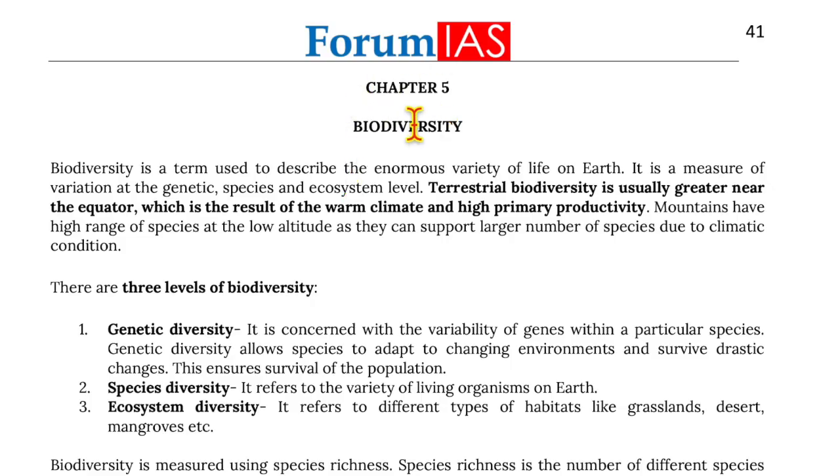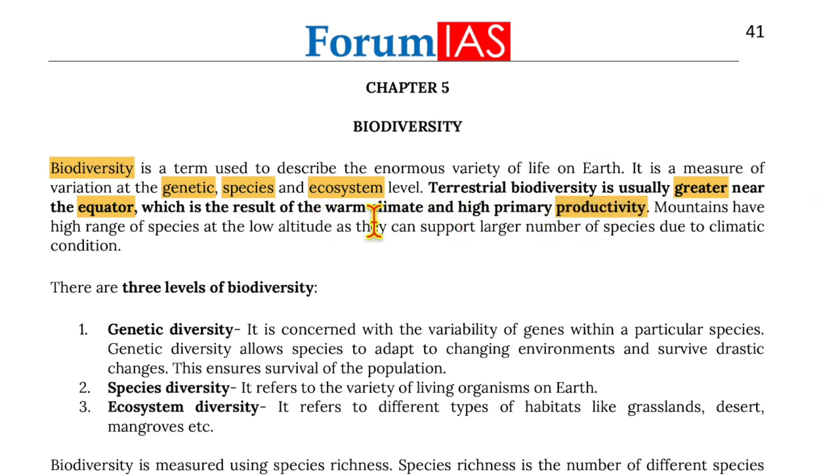Now, moving on to chapter 5, which is biodiversity. Biodiversity is a term used to describe the enormous variety of life on Earth. It is a measure of variations at genetic, species, and ecosystem level. Terrestrial biodiversity is usually greater near the equator, which is the result of the warm climate and high primary